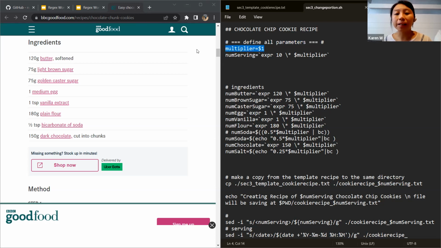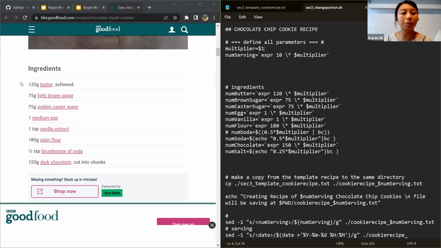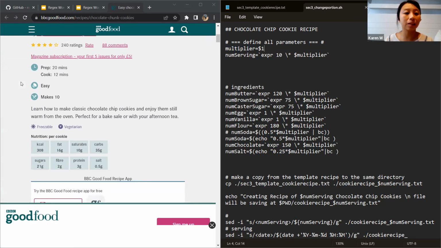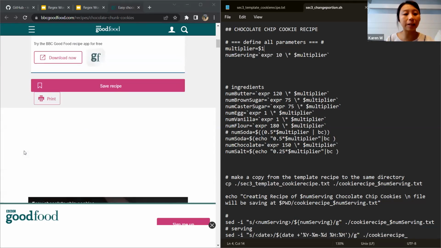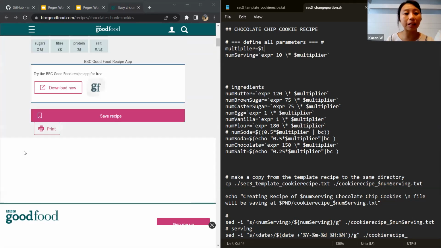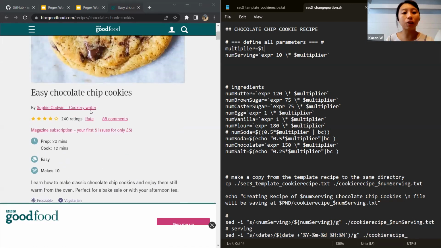The multiplier is how many servings there are. For example, I know this because the BBC website says this amount of ingredients is for 10 cookies.